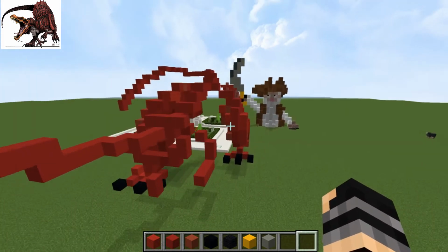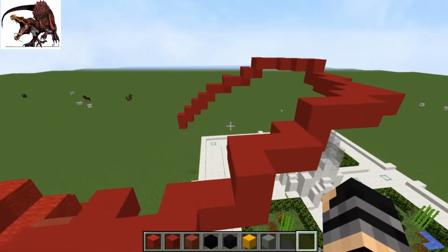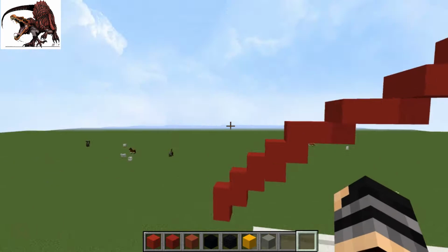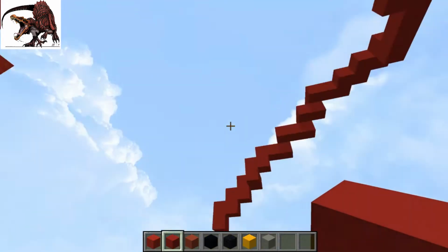I think maybe we should do the tail next. It's moderately simple. You don't need to do a whole lot for a tail. You just need to make it look interesting and not the same all the way through. So I think we should do his belly and then go around back and do